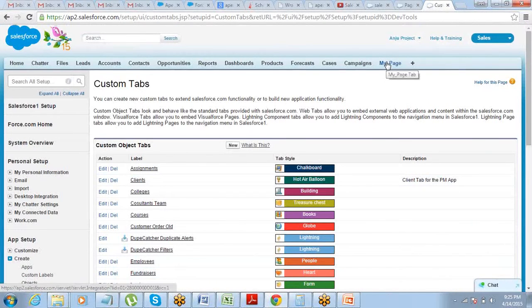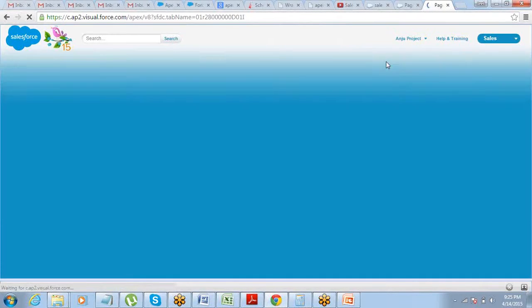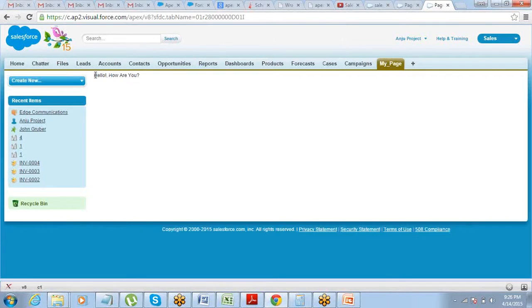See, a tab got created with my page. Hello, how are you? So this is a custom controller page which comes onto this. It could have been any other page, right? But it cannot be a standard controller page. It can be a standard list controller, but it should not be a standard controller page. Why? Because if you put a standard controller page, then the record ID does not come, right? So a standard controller page is best used for overriding the view page. While you're creating a tab, the page should be a generic page, not a page for a specific record, right? So that is what we should be using here.